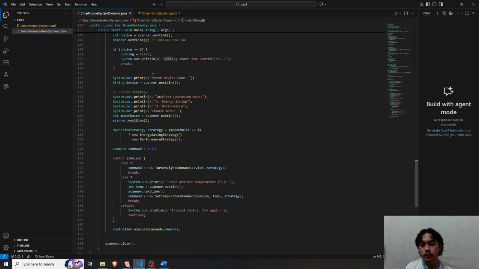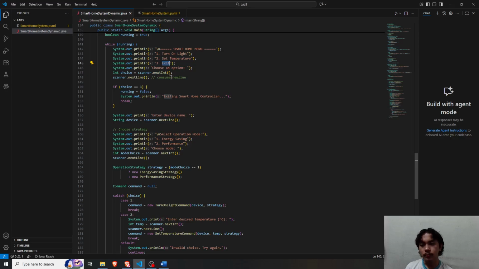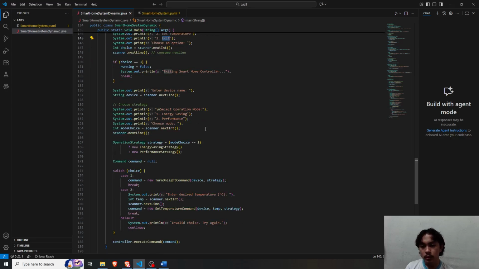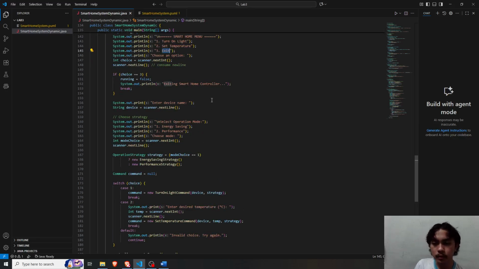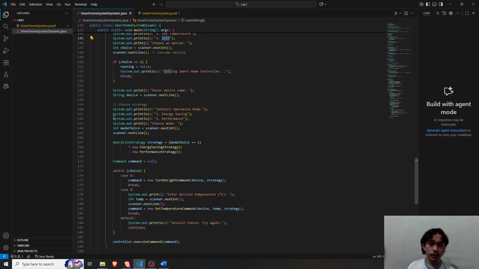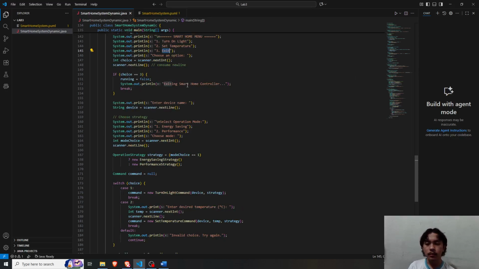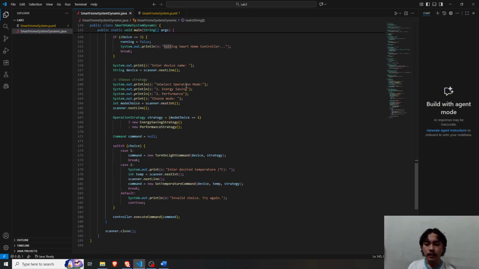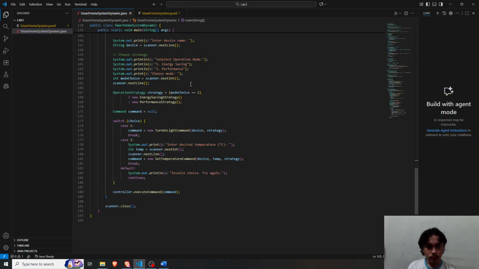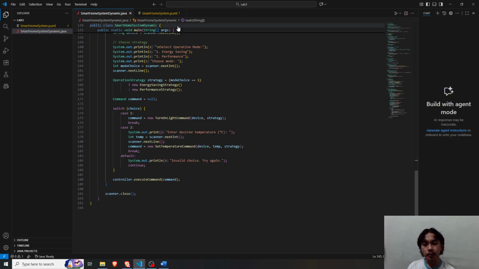Otherwise, if we press turn on light or set temperature, 1 or 2, the user would have to enter a device name and then select the operation mode for the strategy. So after selecting a device, we have the operation strategy, and then the command, which we have set to null, and then we have the switch case here.